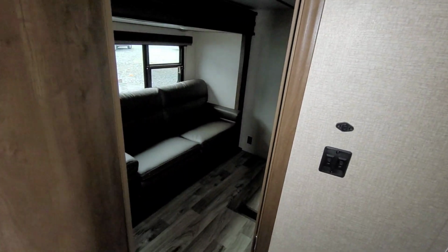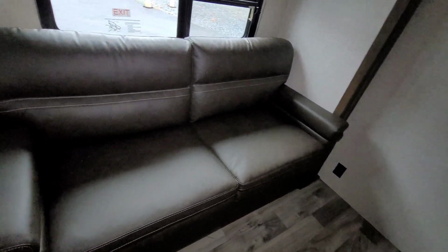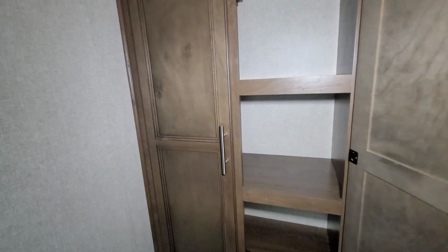So we go into this. So it's a fifth wheel, but you got room for family, kids. This is going to pull out to a nice big bed over here. These just pop right off and it lays down into another bed. So you got the couch bed out there, but you also have the bed here in the guest room. And then this is your wardrobe setup for that kids room